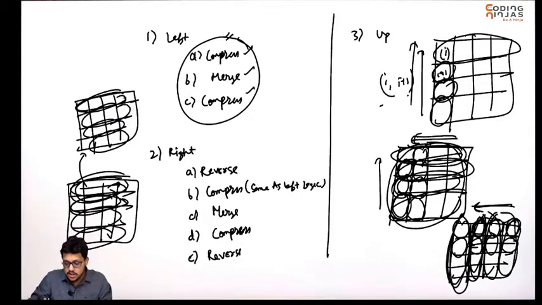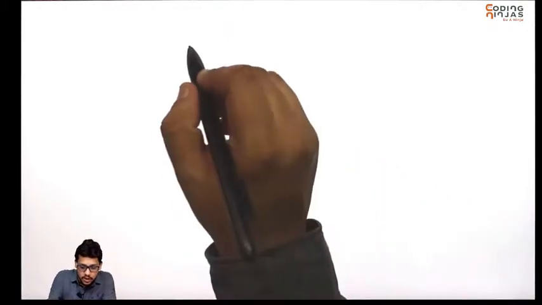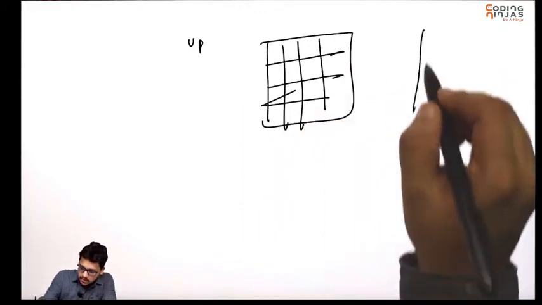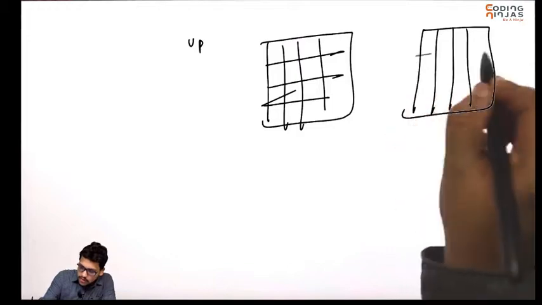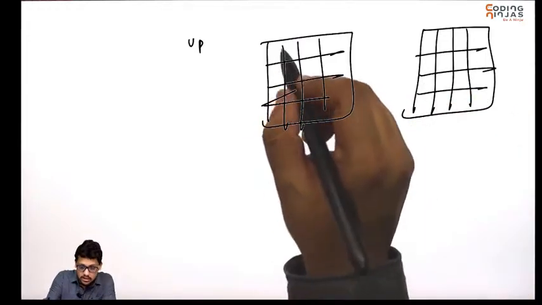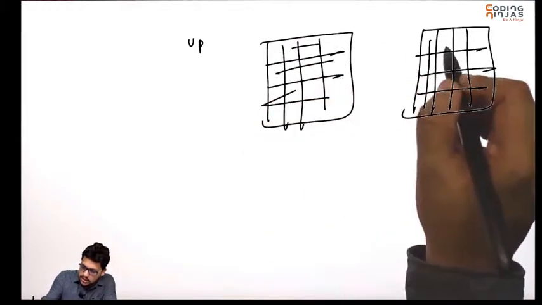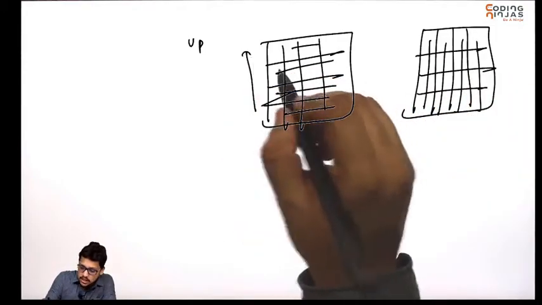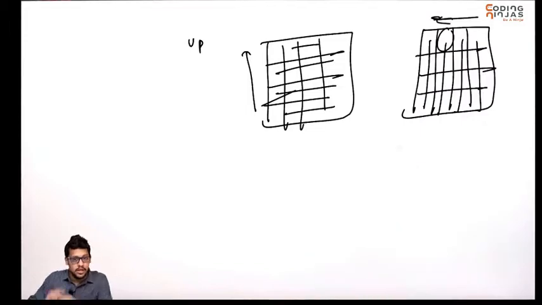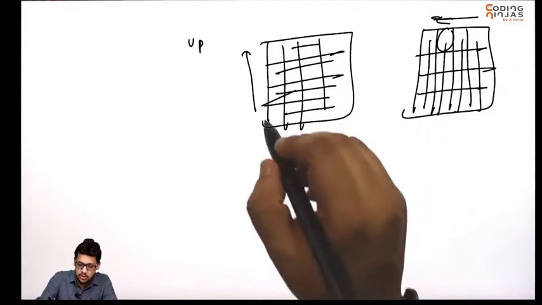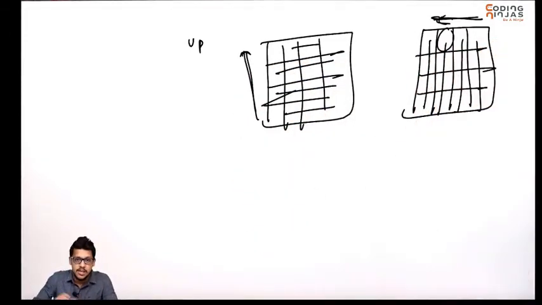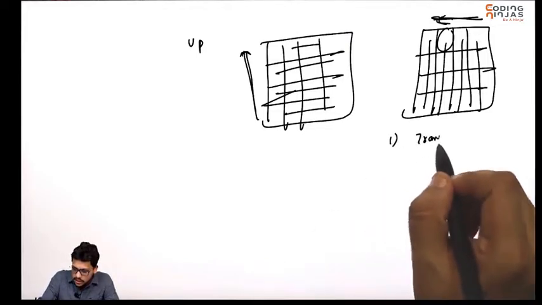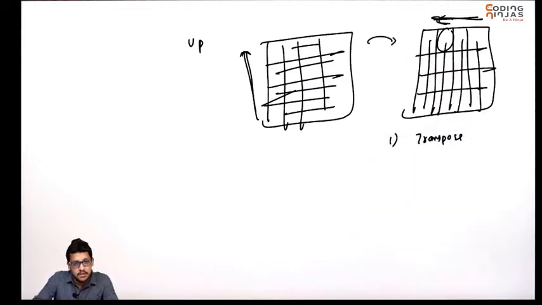So what we can do is, in case of up movement, we need to generalize. This was our matrix, we will first take the transpose of that matrix, so that all of these elements come here, all of these elements come here, all of these elements come here, all of these elements come here. Now up movement was like this, so this is like a left move here. Just visualize it carefully, you will be able to see this is the same as this here, and you are done. So first take the transpose of the matrix, this will be converted into this.